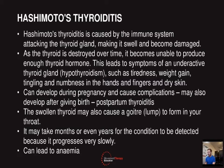Oh, there you go. So it may take months or even years for the condition to be detected because it progresses very slowly, and it can lead to anemia. And we talked about anemia before as well with the tiredness too. So there's a few things within the history that you think, oh yeah, it's probably anemia, but then okay, what's causing the anemia? And the hoarse throat comment might have been something that you would have